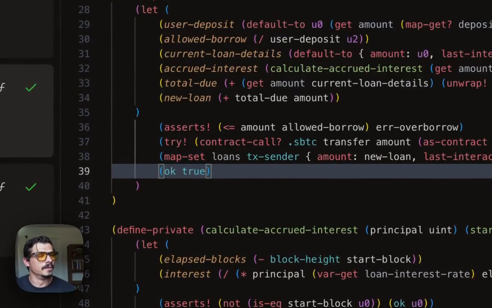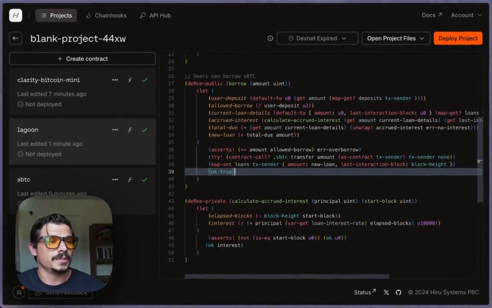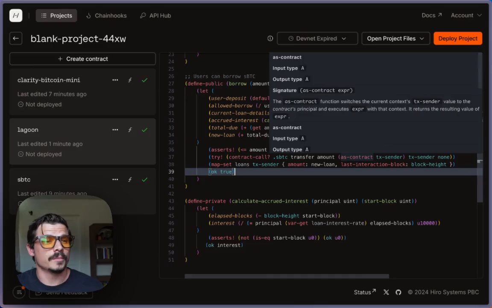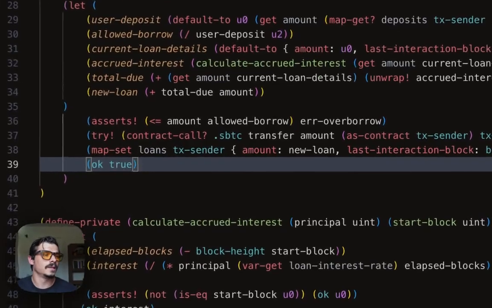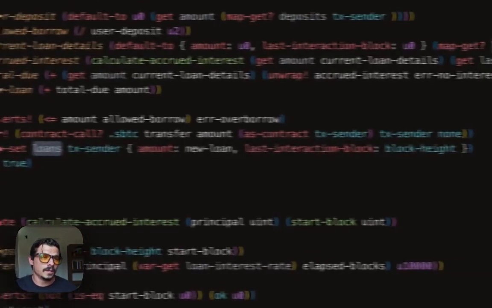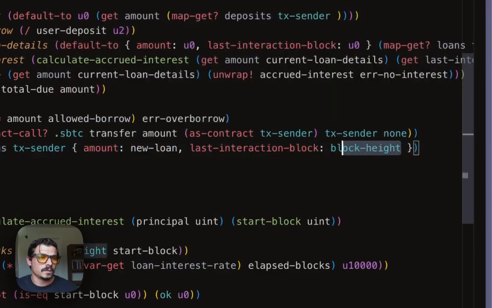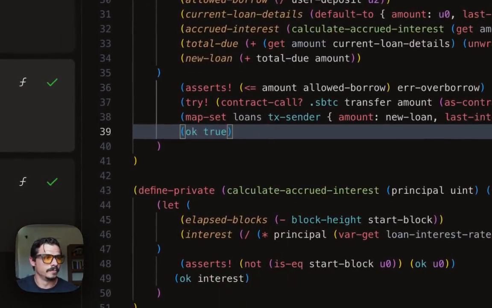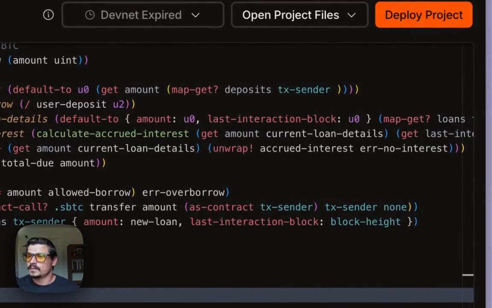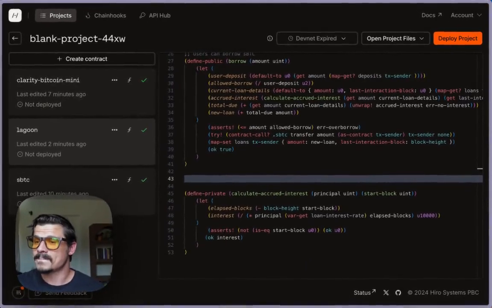And then we're going to call the transfer function of the sBTC contract again, but this time we're going to transfer it from the contract to the transaction sender, assuming that that assert statement passed. And then we're just going to update that loan with the last interaction block, which is when this loan was updated, which is going to reset that interest calculation, and with the amount of the new loan. And we're going to return OK true there. Next up, we've got borrow. And now